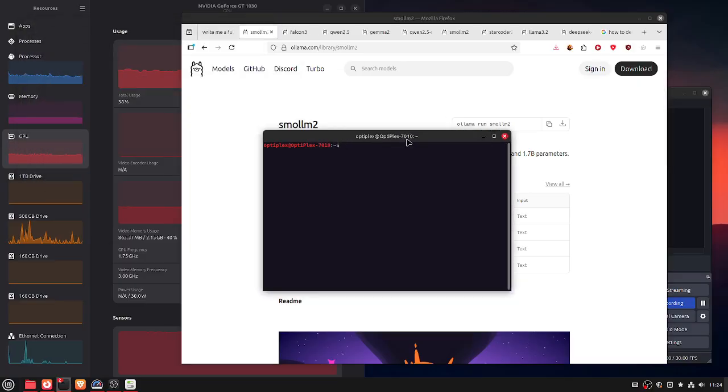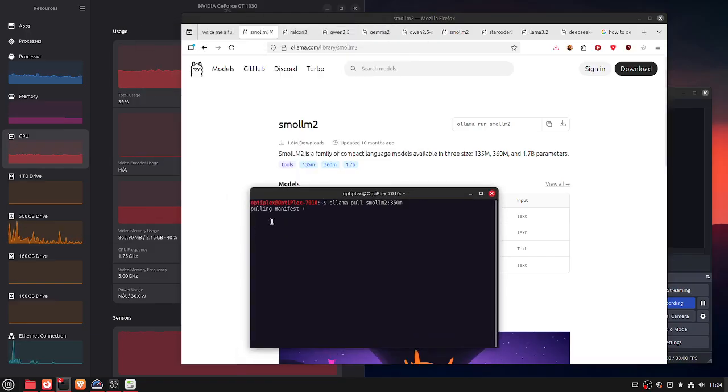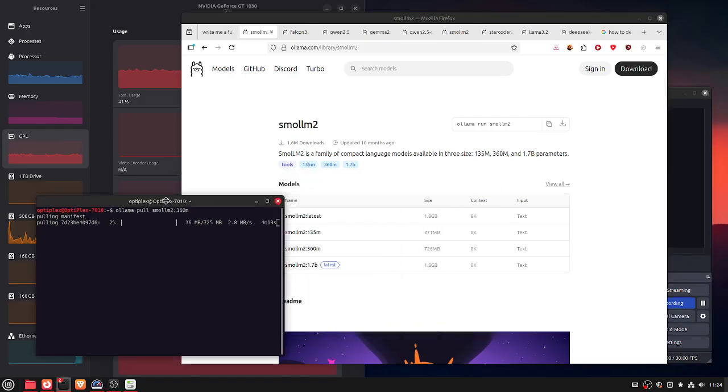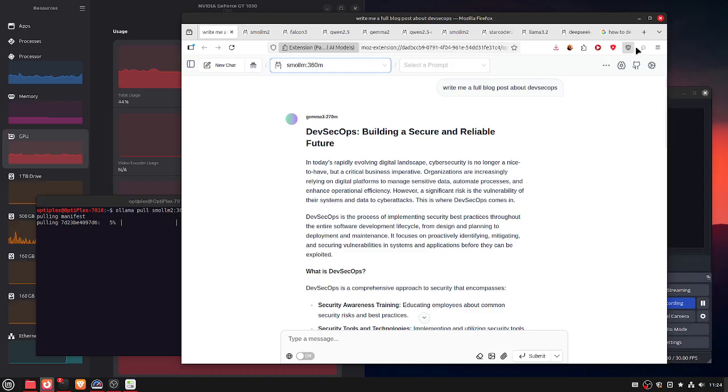If Ollama is installed and everything is fine, just write ollama pull and paste the language model. Press enter and it will start pulling. You wait for it. My internet's kind of slow, so you can wait until it's finished. After it's finished, you have to install this extension. It's called